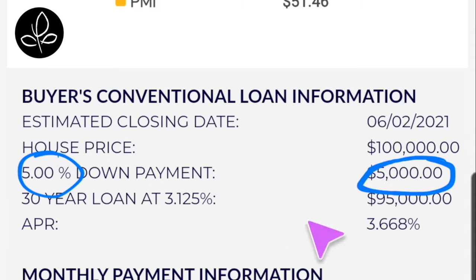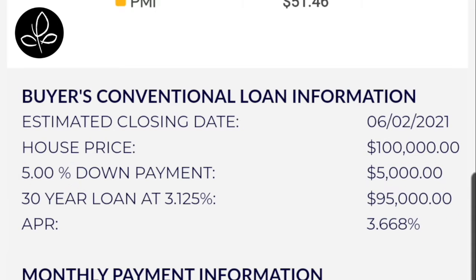That's 5% down on a $100,000 home. So if you took the $100,000 and subtracted $5,000 from that, you end up with what is called the principal amount. The principal amount is $95,000 because you borrowed $95,000 from a lender or bank in order to buy this